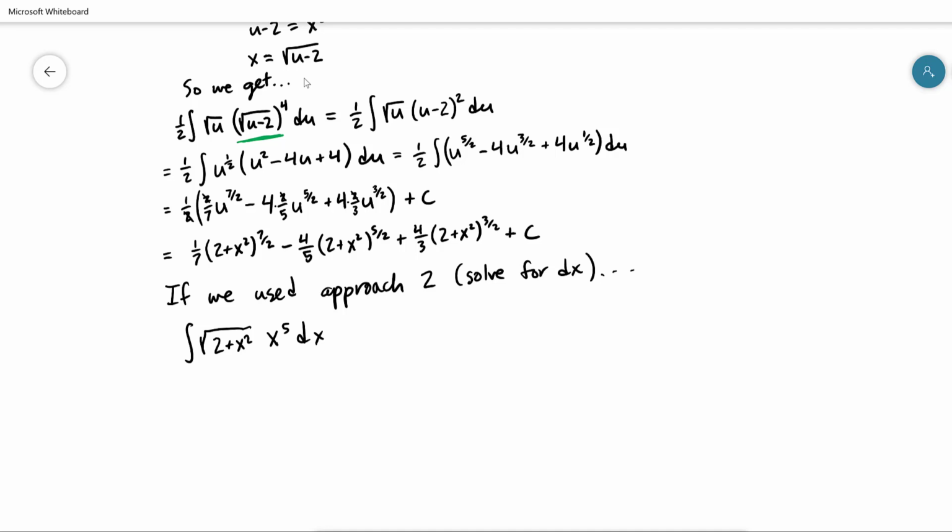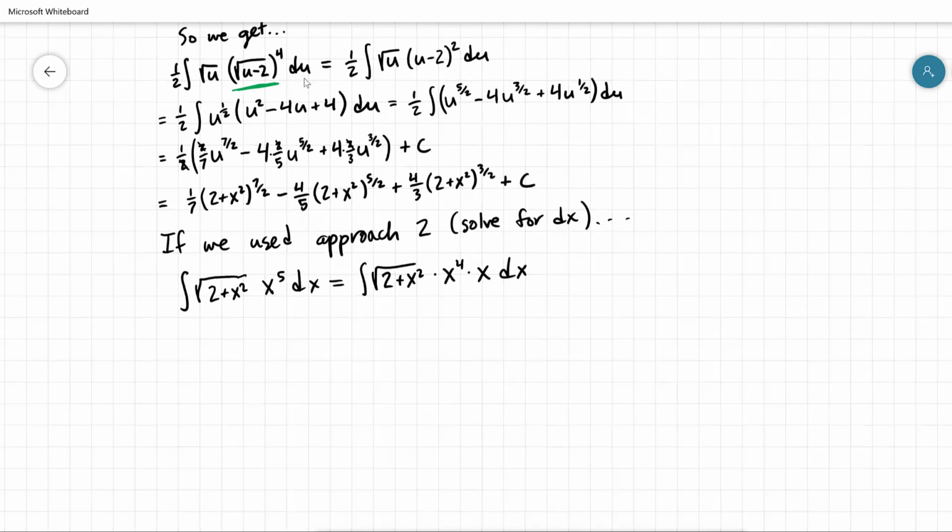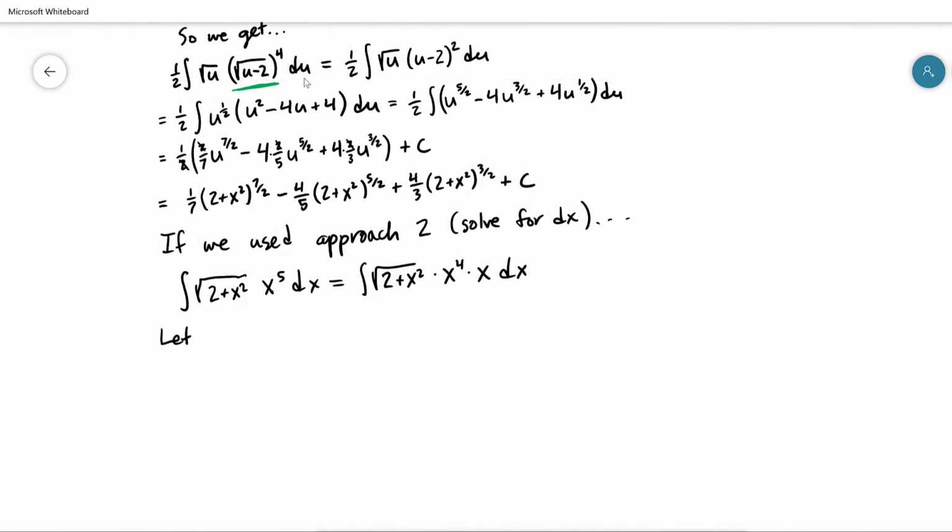And let's say that we were, again, smart enough to anticipate that it's going to be convenient to split that up into 2 plus x squared times x to the 4th times x dx. And we let our substitution be the same as before, so none of this is new. I'm letting u be equal to 2 plus x squared. And here's where things are going to slightly change. So we'll still find du dx, and it's still going to be 2x, and we'll use that to find du, which is going to be